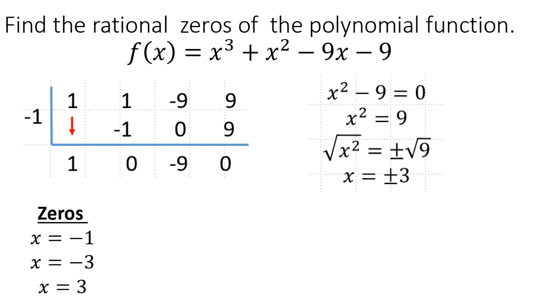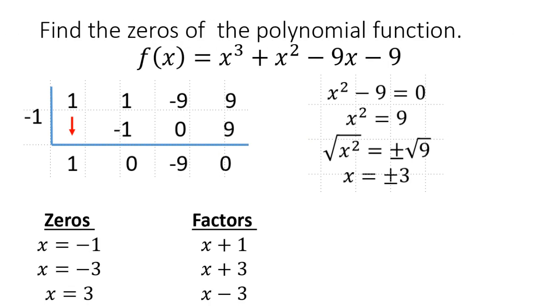We first used our possible rational zero test to find the possible zeros. We used synthetic division to simplify the polynomial into something more manageable. All right. So again, if we wanted to write the factors, because your homework does ask you to list the factors of the polynomial,